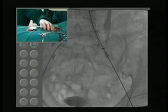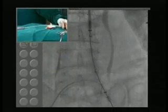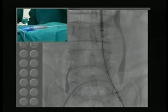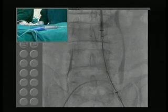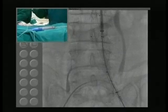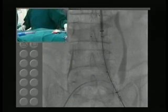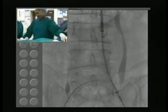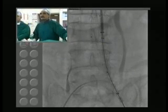All right, so yeah, show higher up, please. We don't have to go to the bifurcation. This is the ipsilateral. So we can be lower if we want to. Yeah, it shouldn't go above the bifurcation. Yeah. Okay, so now the